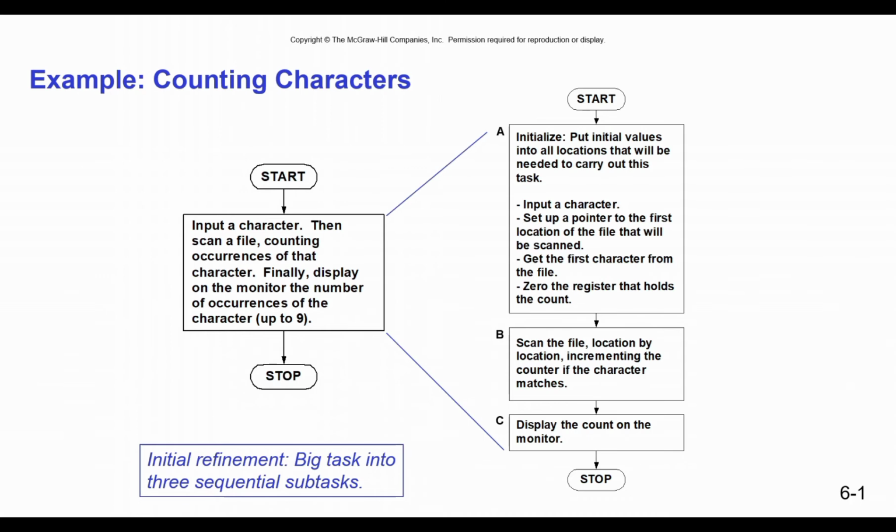The meaning is the big task is split into three sequential subtasks, called initial refinement. The big task of counting characters is: input a character, then scan a file, counting occurrences of that character. Finally, display on the monitor the number of occurrences of the character, up to 9. And the three subtasks